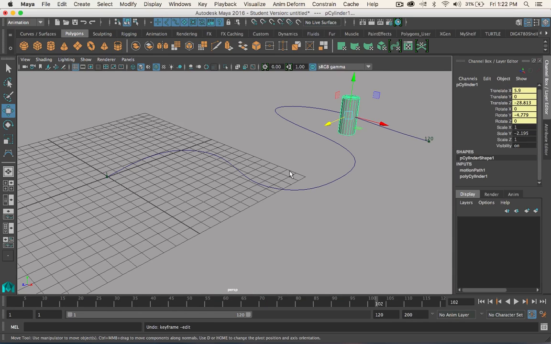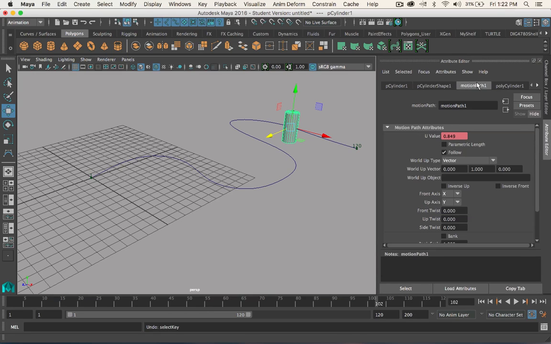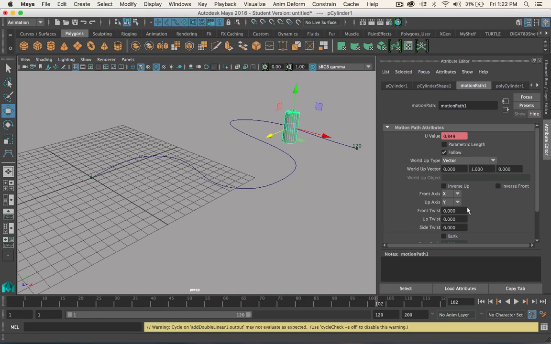What we can also do is a lot of special things in the attribute editor itself under the motion path tab. We can set things up to set our world type. We can set the length of the tab. We can invert our objects. We can even set the front axis, what is up, what is down, what is rotated, and so forth. So if we want that to, say, follow like a log, one of those log jammer rides at the amusement parks, we can do so. And just using these items in the